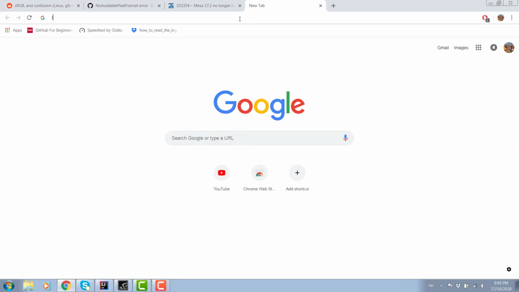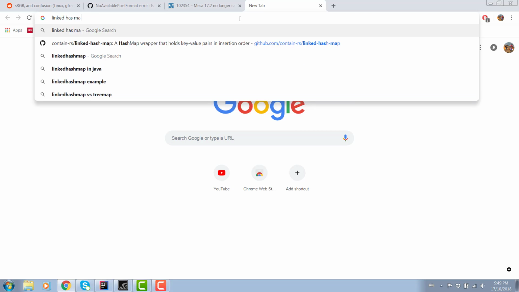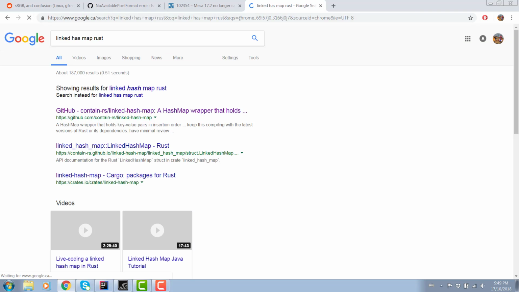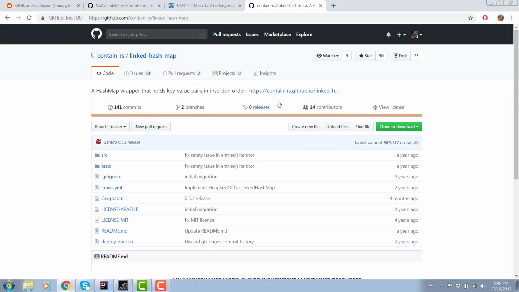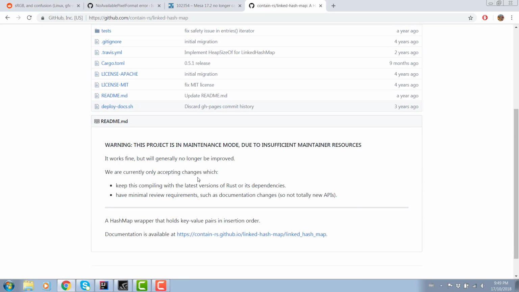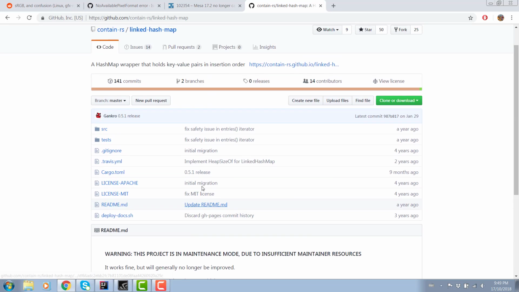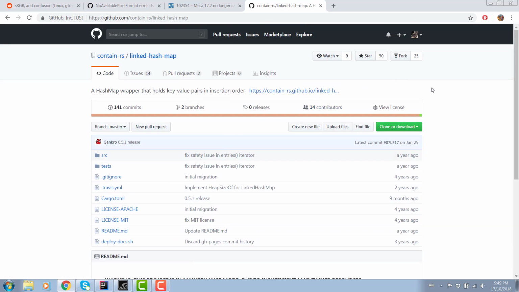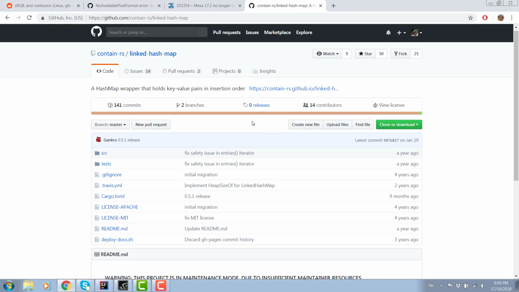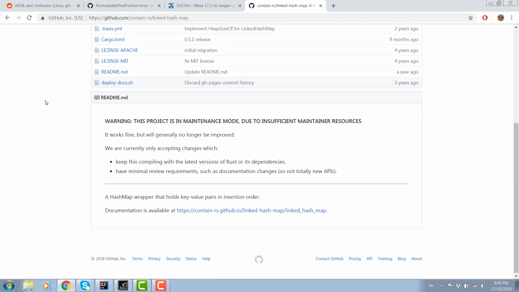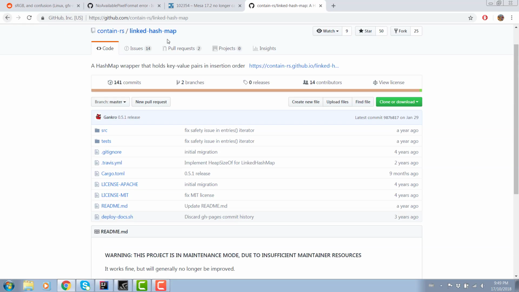Let's get a linked hash map, Rust, and you can see I've already looked at this before. As I was looking into this solution, I stumbled upon this and thought, I think this is what I need. Or, I don't need it, but I think this is something nice to have. So let's go find the crates.io page for this. I can't remember where it is.